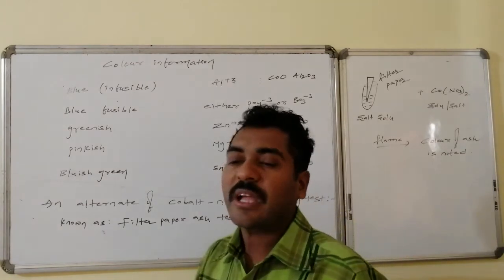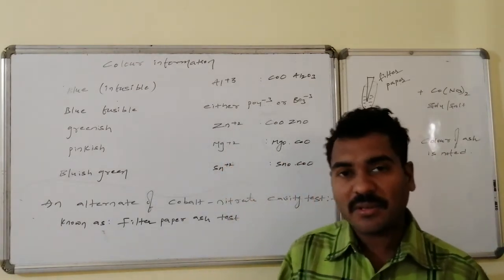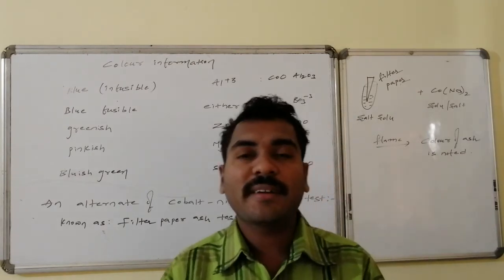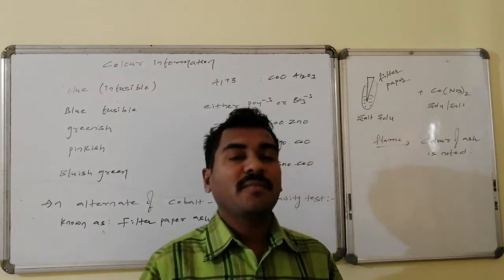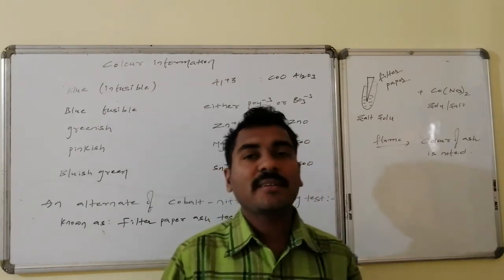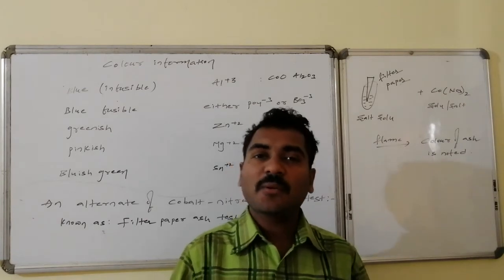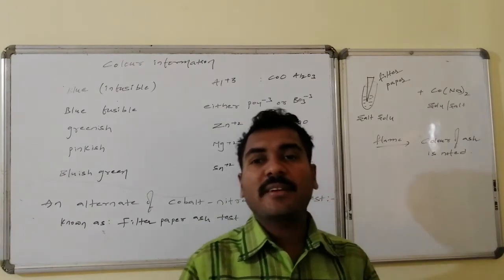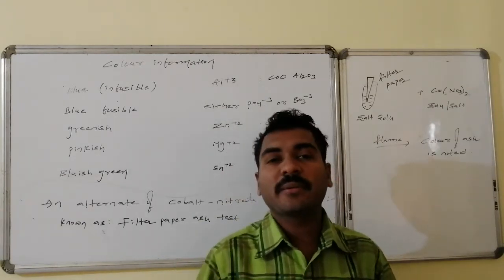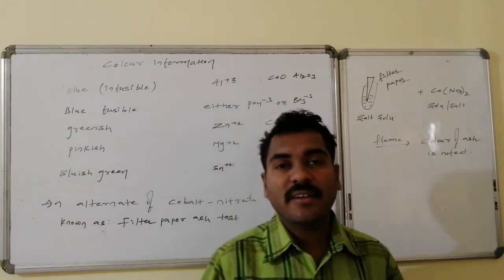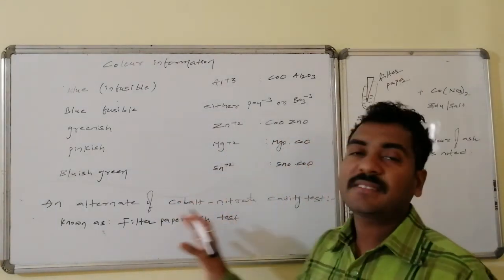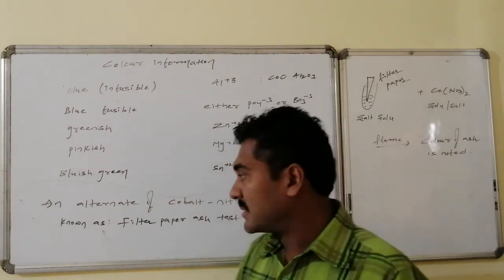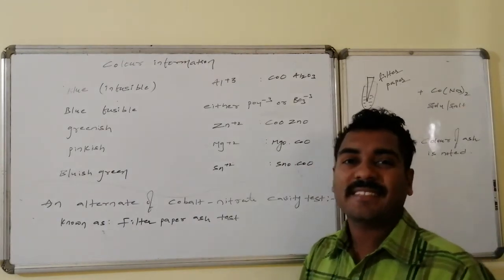Whereas an alternative to the cavity test of the cobalt nitrate is also available. In this method, whatever salt we want to test, in that solution the filter paper is dipped, and to that the cobalt nitrate solution, or a small amount of cobalt nitrate salt, is added and it is exposed to the flame. As a result, the filter paper will burn and turn into ash. The color of the ash is identified and matches the colors of the substances obtained in the cavity test of the cobalt nitrate. And this test is known as the filter paper ash test.